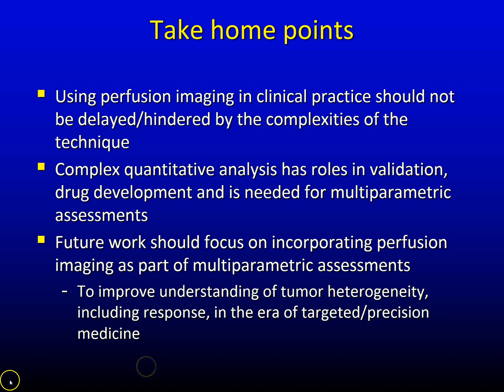So should you use DCE-MRI in the clinic? It should be used in clinical practice, and you shouldn't really be put off by the complexities of the technique, some of which I was able to illustrate to you today. Complex quantification has roles in validation, in drug development, and is needed for multi-parametric assessments, which is what we've just talked about. I think in the future we should be thinking about using quantitative perfusion as part of quantitative multi-parametric assessments. This is to improve our understanding of tumor heterogeneity, including response in the era of targeted and high